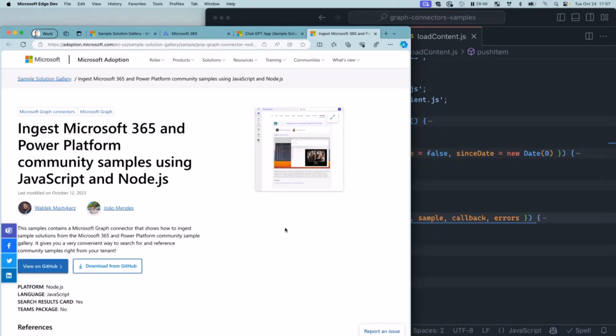It's something that you can run in minutes. And it's really, really cool to keep in mind as something that you might want to have. Because again, at a point when we all get AI available to us, we want it to reason over all of the content that we've got, not only the files that we create in Microsoft 365, right? We want it to be able to reason over everything that we know.